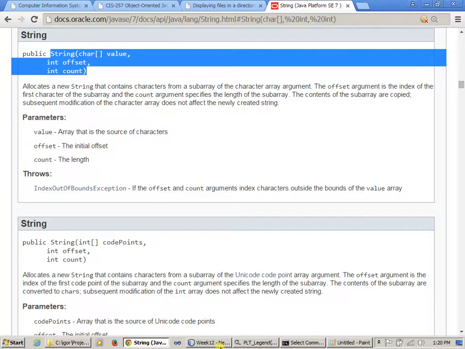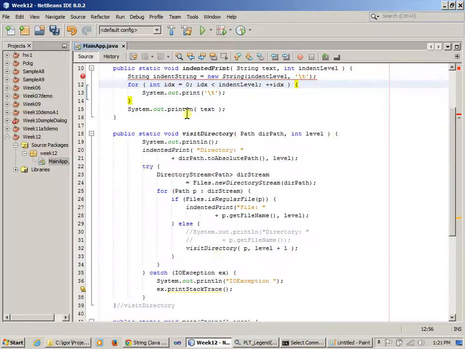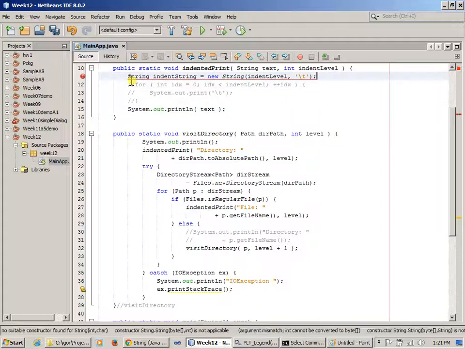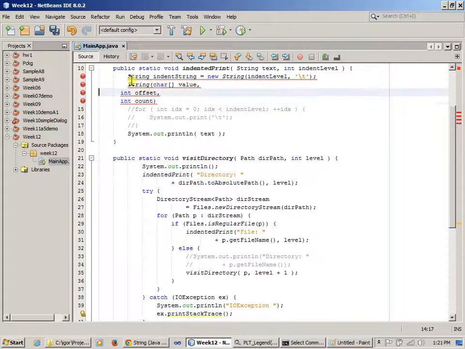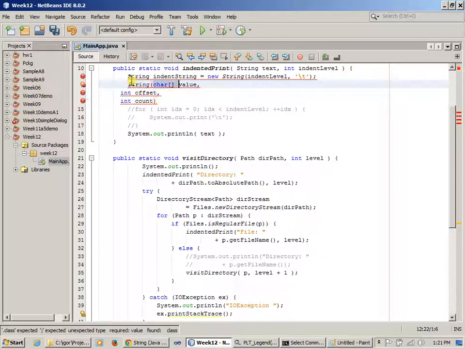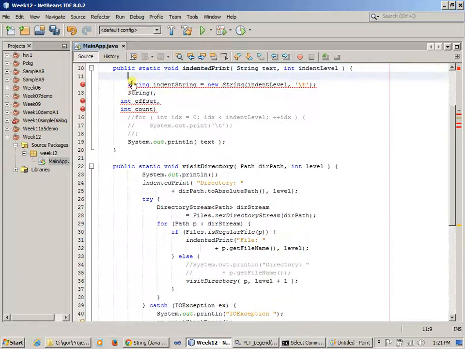So what I'm going to do in my code is I would like to replace this loop right here by a string, okay, which uses this type of constructor. And what I need to do is that I would like to create this character array or array of characters. And what I'm going to do is that I'm going to create an array of characters, which I can create like char character array of